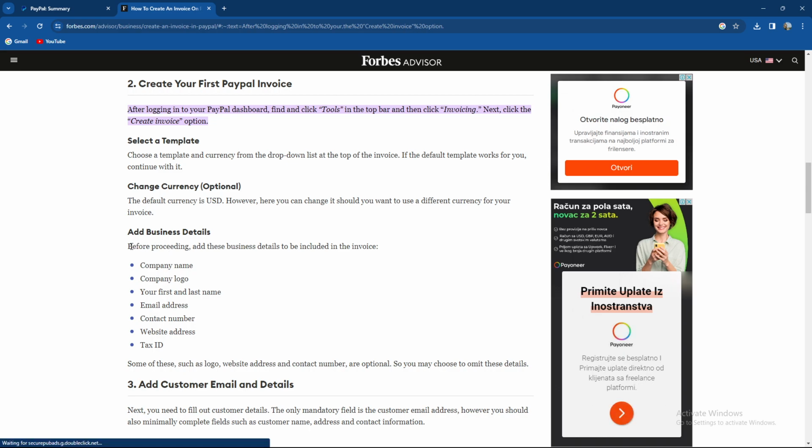Then you need to add business details. Before proceeding, add business details to be included in the invoice, which is company name, company logo, your first and last name, email address, contact number, website address, and tax ID. Some of these, such as logo, website address, and contact number, are optional, so you may choose to omit these